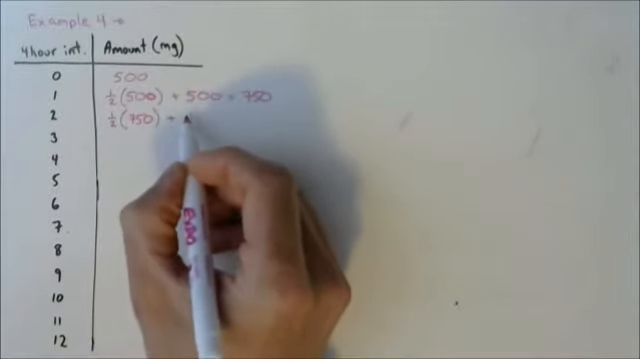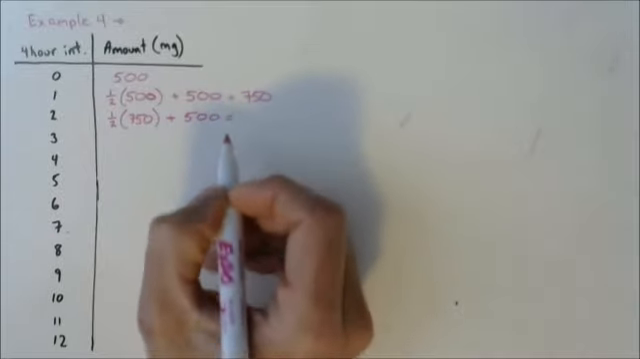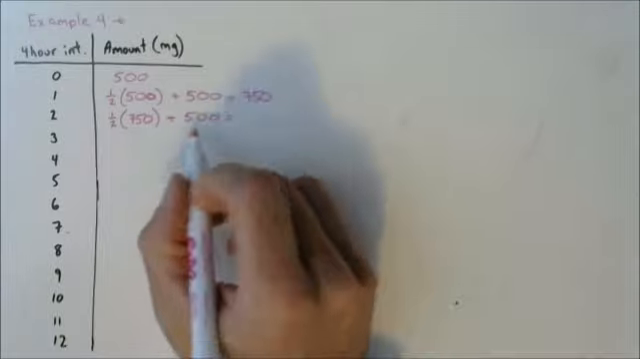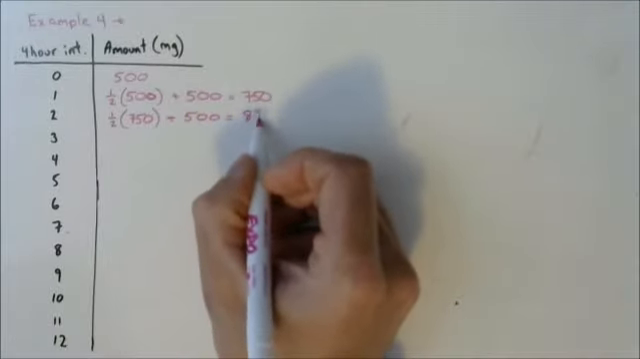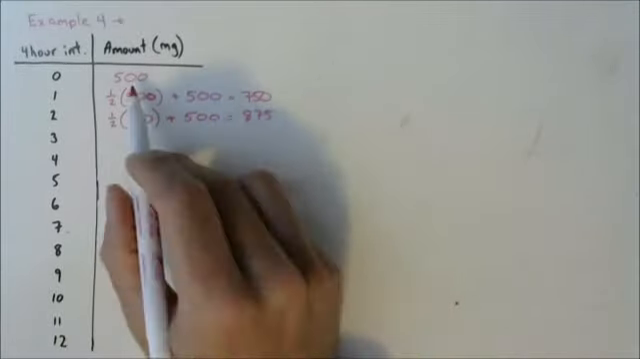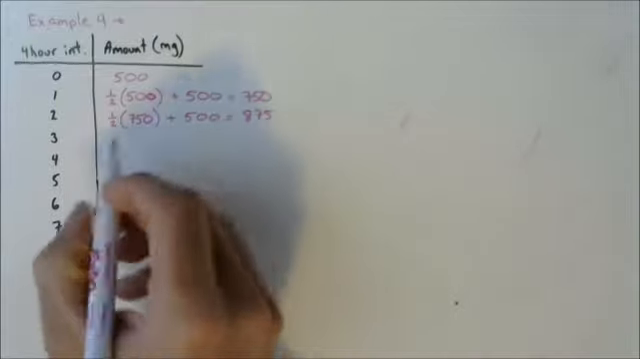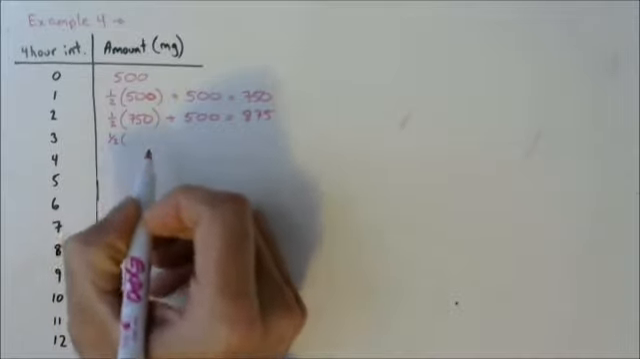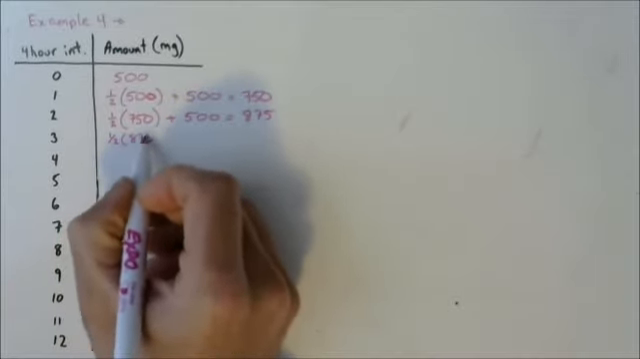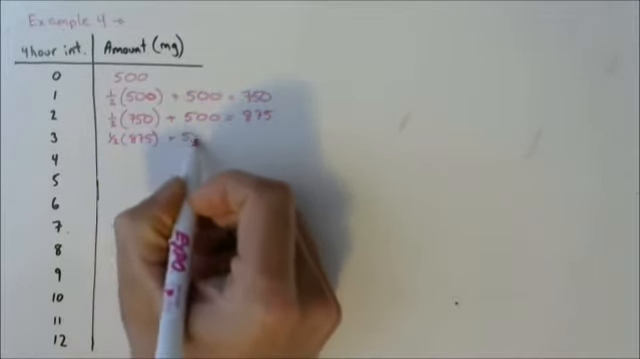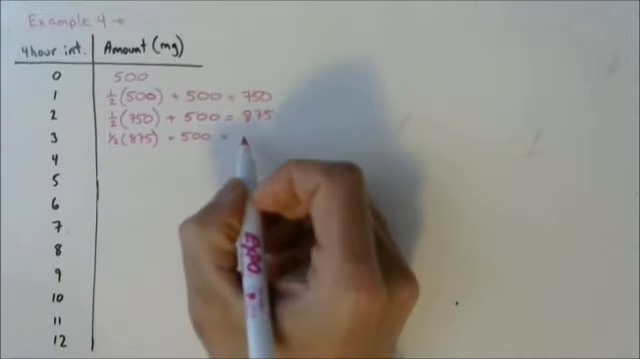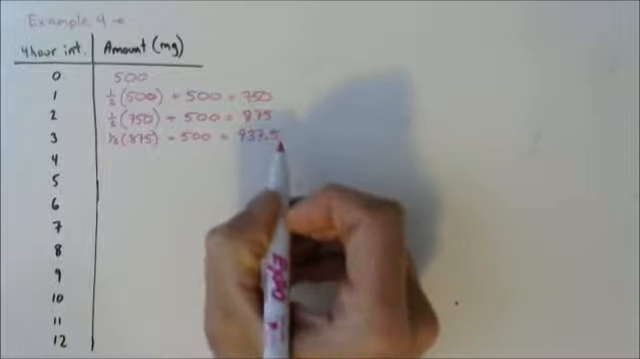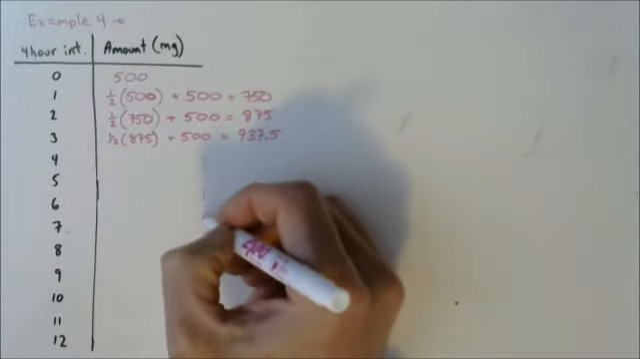Okay, what else is she going to do? She's going to take another 500 milligrams. So we have half of 750 plus 500, which is 875. You can see how the amount is growing, okay? Well, after another 4-hour interval, we're going to have half of 875. She's going to take another pill, 500 milligrams, and she's going to be at 937.5. Go ahead and continue that chart down